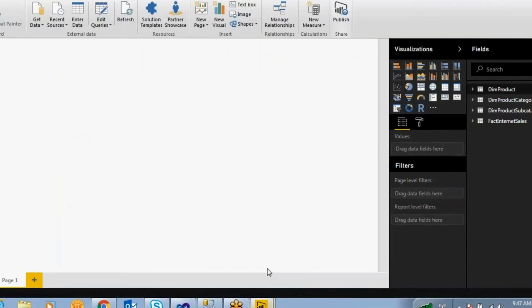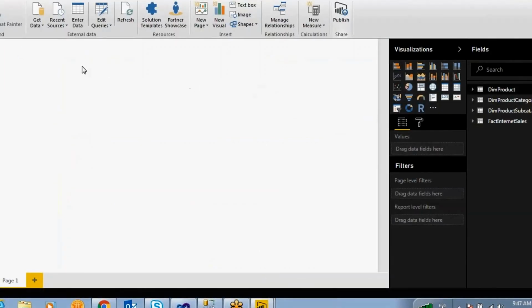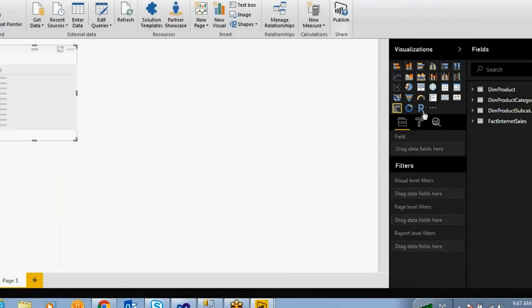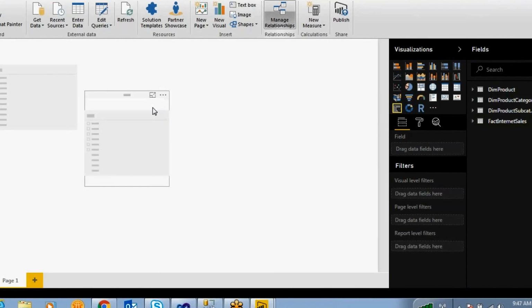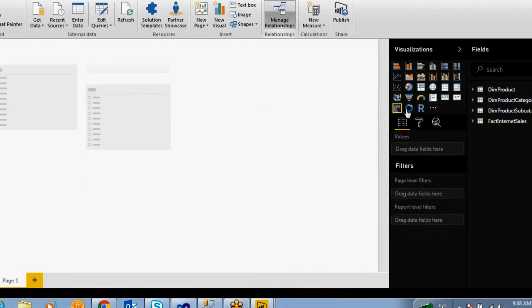So how can you implement cascading parameters in Power BI? To create parameters, take this filter visualization. I'm going to take three visualizations because I want three parameters: this is the second parameter, and this is the third parameter.